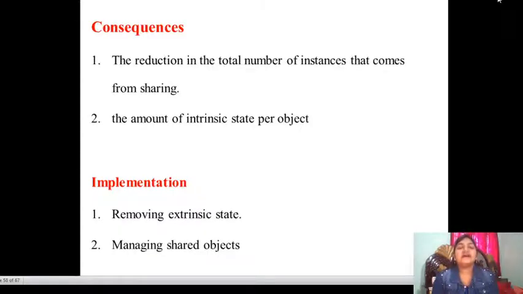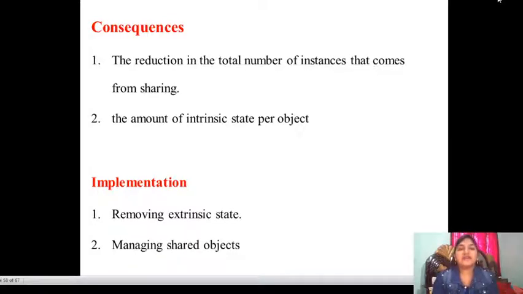The other method to implement the flyweight pattern is by removing the external or extrinsic state. By removing the extrinsic state, every class and object depends on the intrinsic state. From the internal state, all the sharing will be done. In that case also we implement the flyweight pattern.